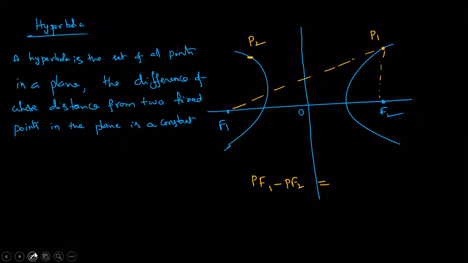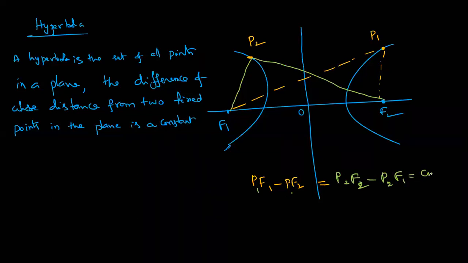And what are the cases coming? So in this case, what now? P2F2 minus P2F1 is equal to a constant. That constant we are taking as 2a. Clear? Now, this is called the